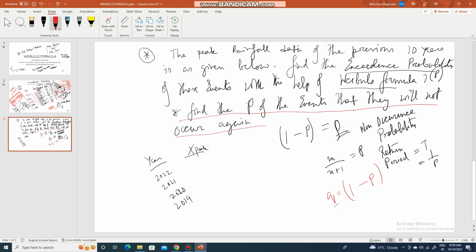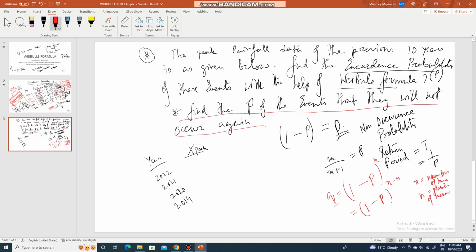and also the number of times, the frequency, is given for those events, then you have to do one thing. If only the time period is given, then q will become 1 minus p to the power n. And if the frequency is also given, that this event will not occur for 2 times in the next 10 years, then you have to use this formula, 1 minus p to the power n minus r, where r is the number of times that event can occur and n is the number of successive years. That means the